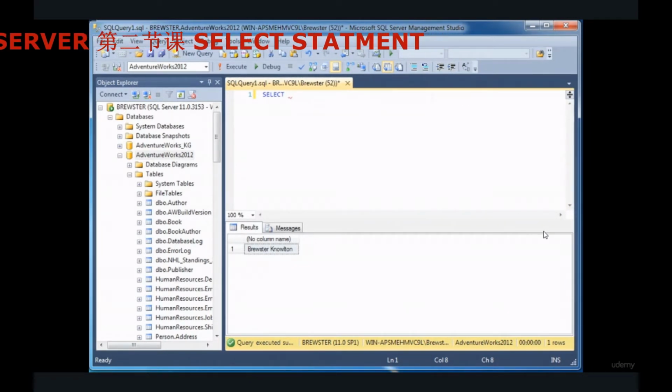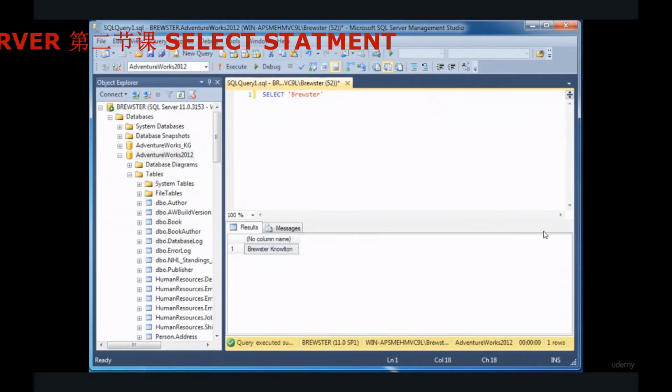So I'm going to type select. I'm going to open up a single quote and type my first name, then place a comma and type my last name, with both closing and opening single quotation marks. Now if I execute this query,